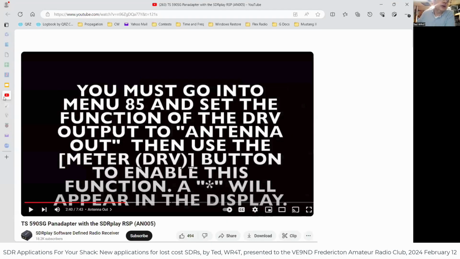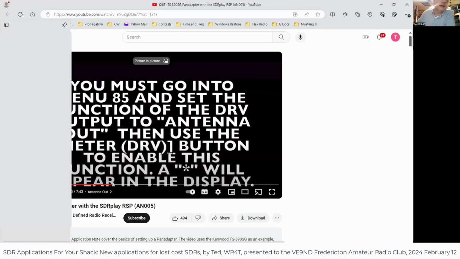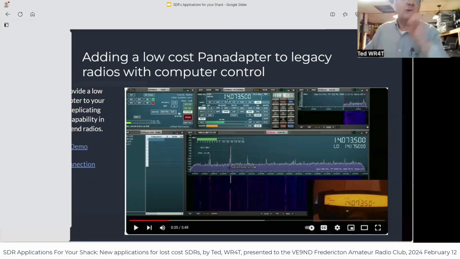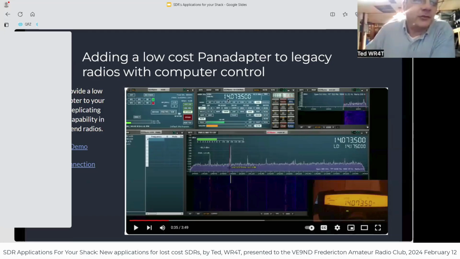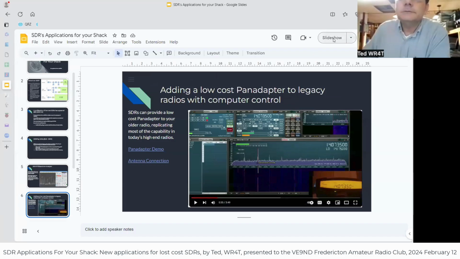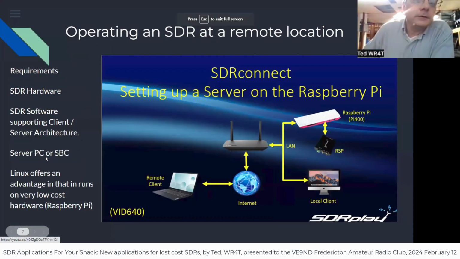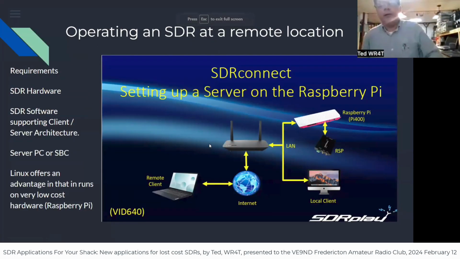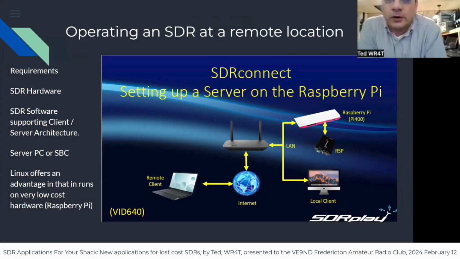Now I'm going to go back to the presentation, and then we'll get into some of the other interesting applications. Okay, so this is what I primarily wanted to talk about, and one of the other reasons I was very interested in the SDR Play. When I was at Dayton, they were showing their new software. Up until Dayton,